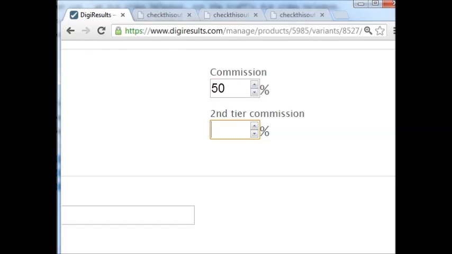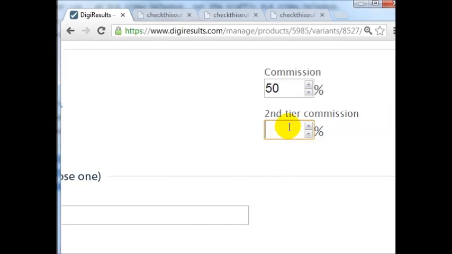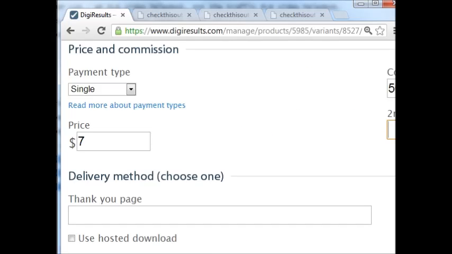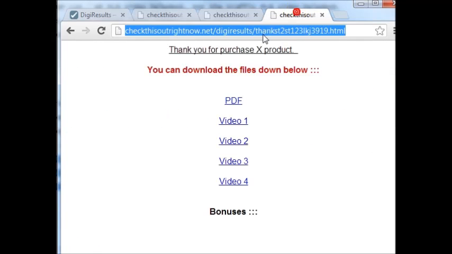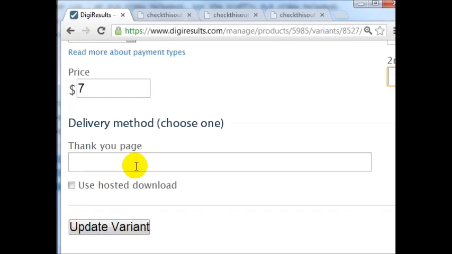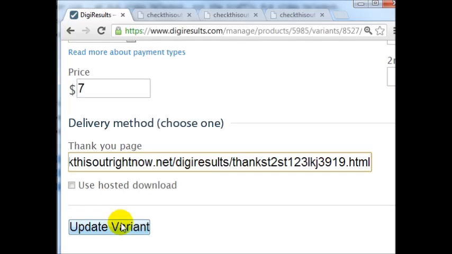And remember, with single one-time offer products, you can do a second-tier commission. The only thing to remember is that if you have a recurring product that, let's say the one-time offer is a recurring product, you can't actually do a second-tier commission. So in this case, I'm just going to leave it blank. The thank you page, of course, is going to be this page here. So I'm going to enter this here, click on Update Variant,